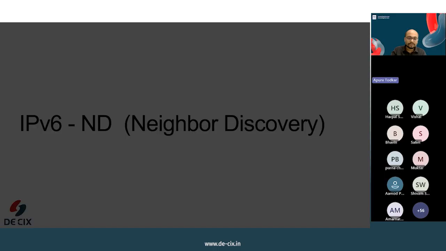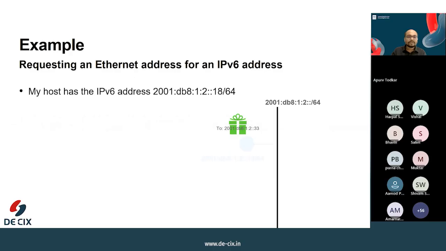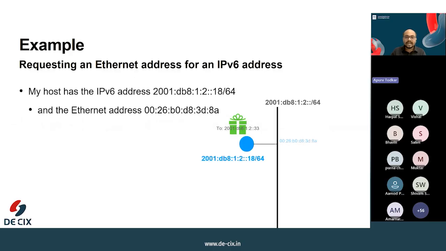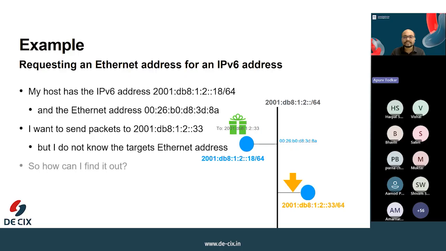Now we will move on to IP version 6 neighbor discovery. So now let's talk about IP version 6 ND. The problem is basically the same. I want to send an IPv6 packet from my own host, and for that I need to know the Ethernet address of the system I want to send the packet to. So the question is, what is the destination Ethernet address and how do we find it? You can see in the slide also that I want to have the destination address of one of the